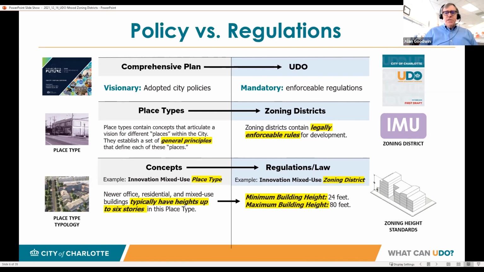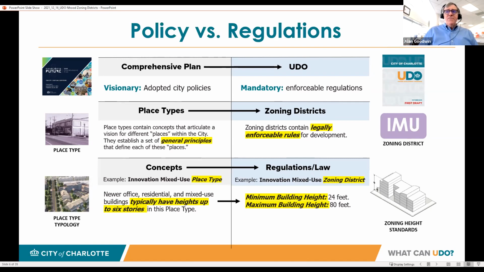What's the transportation network like? What's the built environment supposed to look like in that place type? And then we have zoning districts that will align with those particular place types to make sure that development in those place types achieves that vision.